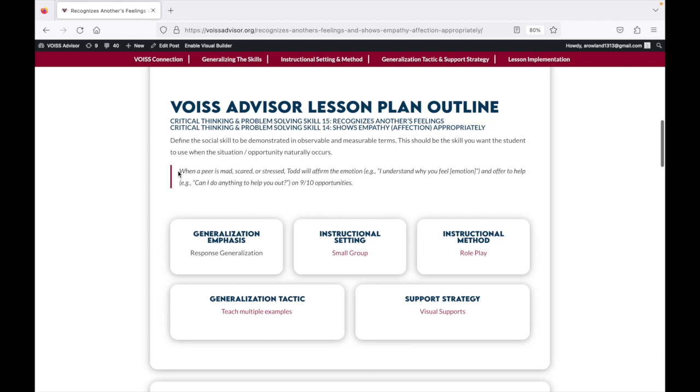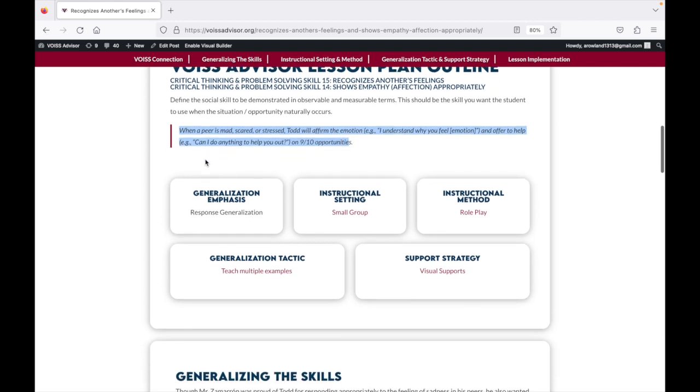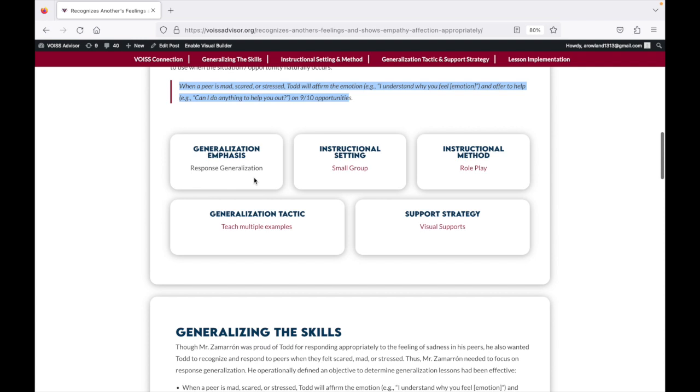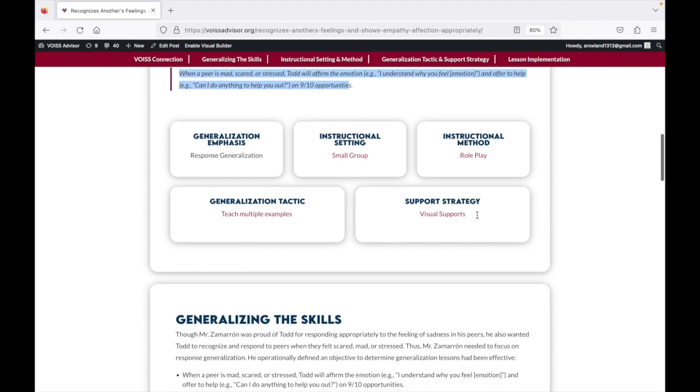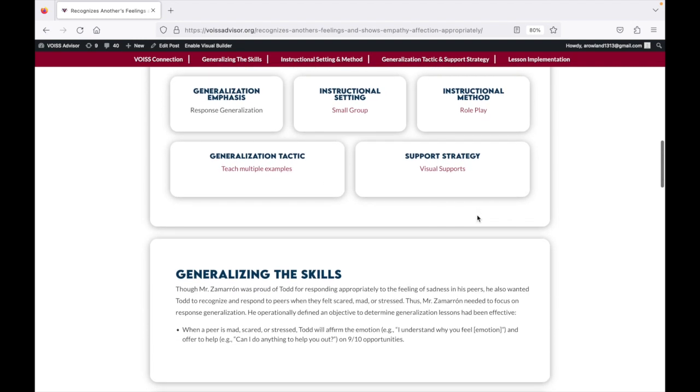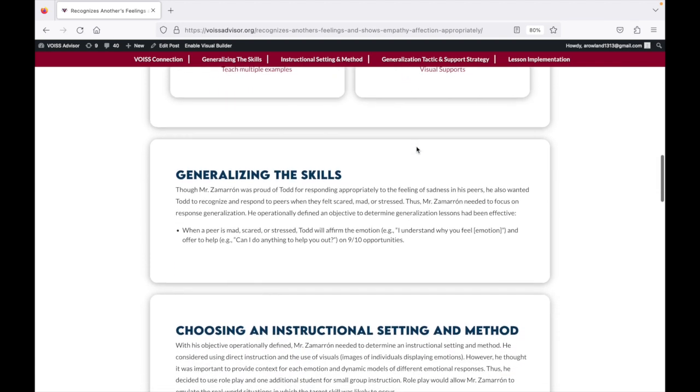You can see the IEP goal that's being addressed, and then you can see what emphasis is being placed on the instruction. So for instance, this is response generalization. It's going to be an example of how to do small group work. It's going to model the instructional method of role play. You're going to dig into generalization tactic of teaching multiple examples, and the support strategy will be visual supports. We have multiples of each of these different strategies, but these are the ones that have been selected for this